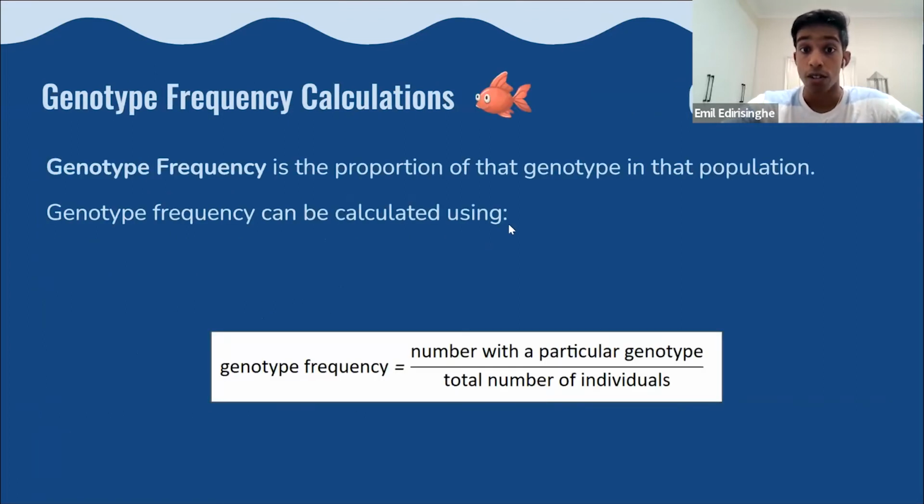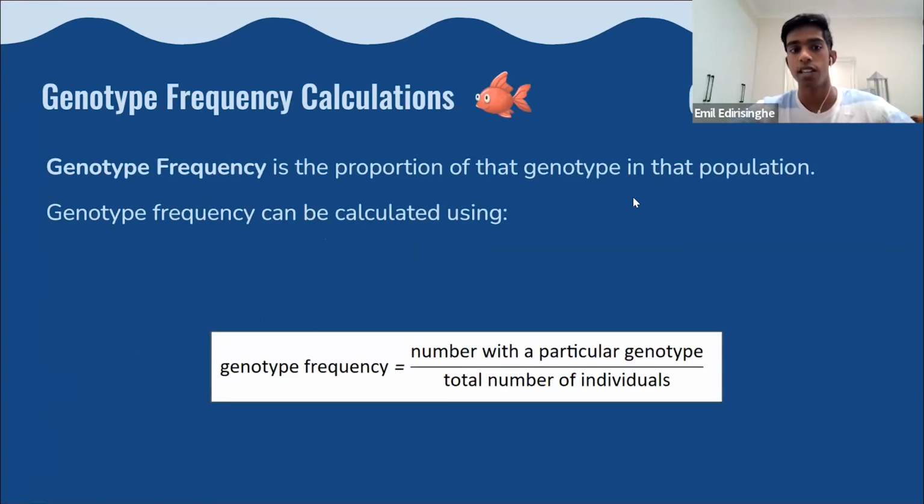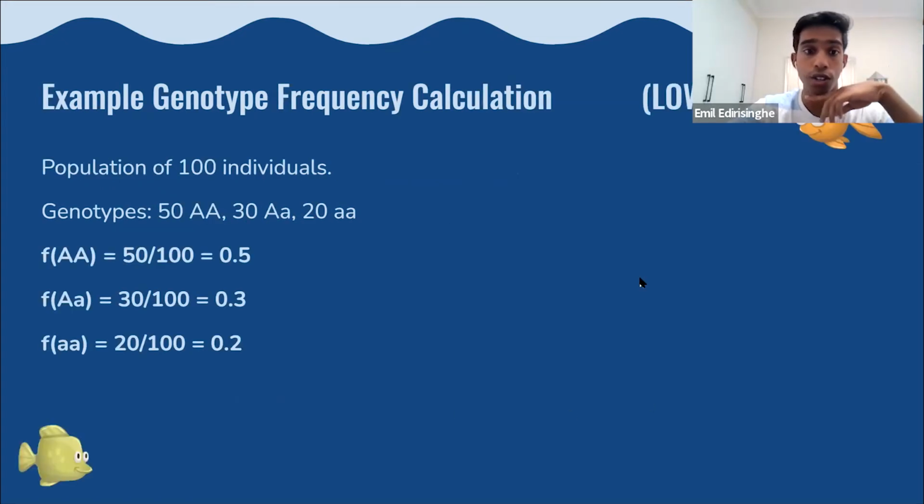So now we get onto genotype frequency calculations. Genotype frequency is the proportion of a genotype in the population. This can be calculated using essentially just the number of people with the particular genotype over the total number of individuals. So using the same example that we did before, in a population of 100 individuals, this one